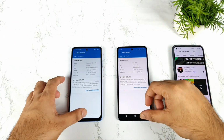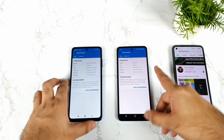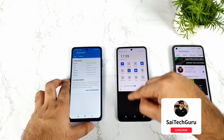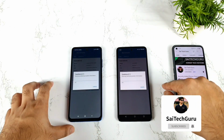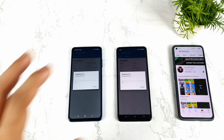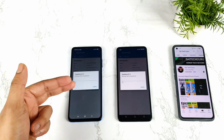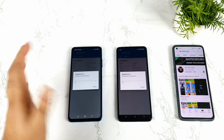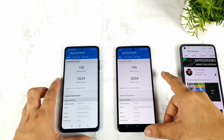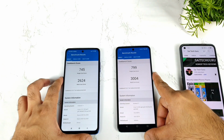So first, all the apps are completely cleared from the background. There are no running applications, and right now let me try to disable the monster mode. There's no monster mode enabled at this moment, and let's start the test without wasting any time. Let's see what the benchmark score will be without using any monster mode. And the second time I'm going to use the monster mode, then we'll try to observe the difference, what is happening with and without using it. So right now, as you can see, friends, we got the Geekbench 5 test results,